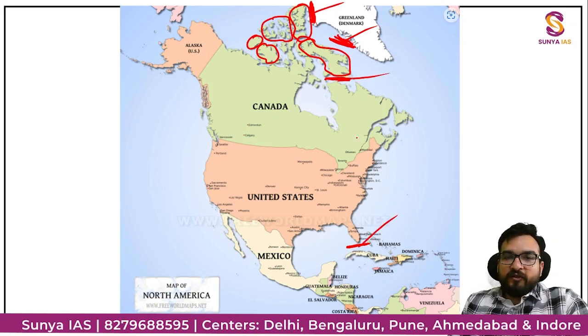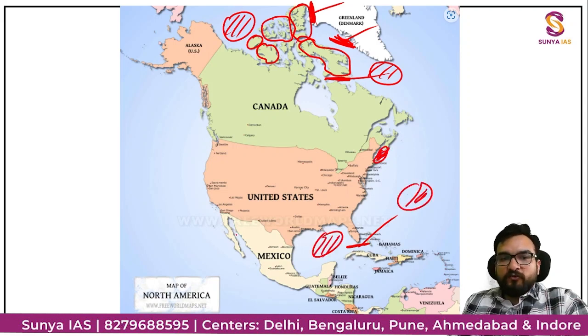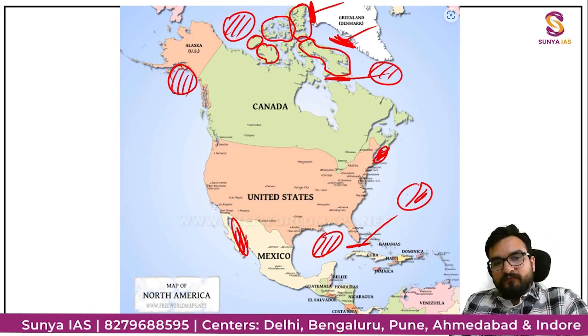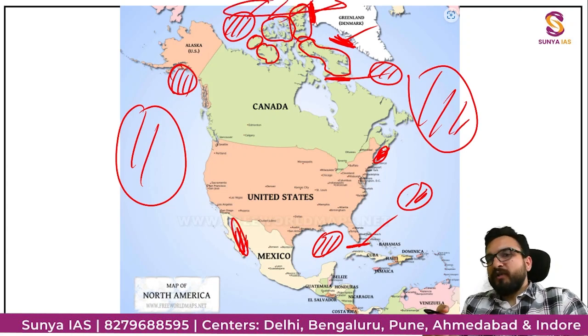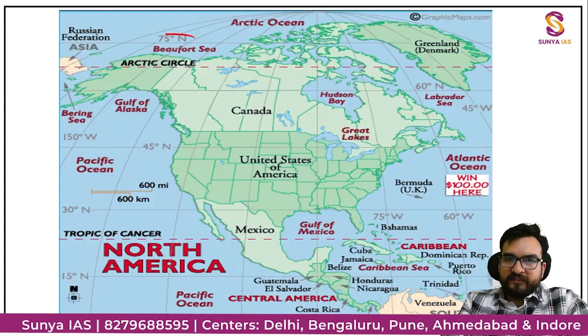And then this particular part. Can you tell me about this particular sea over here? Beaufort Sea, Labrador Sea. This is Bay of Fundy, Sargasso Sea, Gulf of Mexico. Over here, this is Gulf of California. This is Gulf of Alaska. This is Pacific Ocean. This is Atlantic Ocean. This is Arctic Ocean. I hope you are following this as it is. You have to remember this. Okay, only then move ahead. This is done, right?